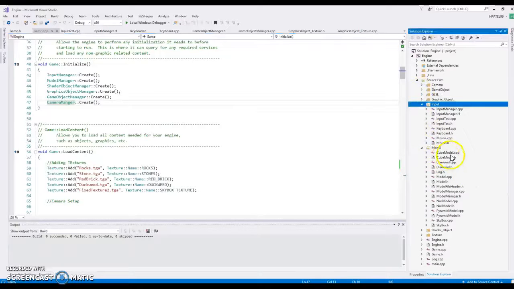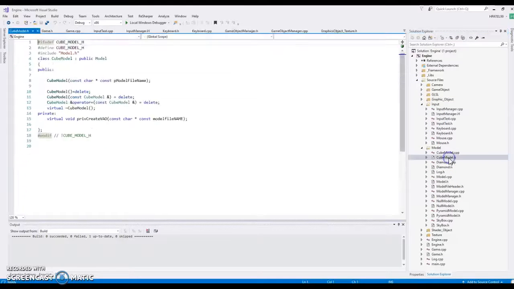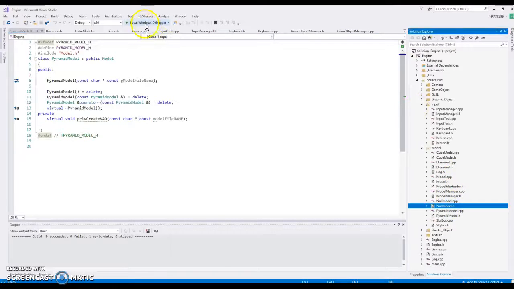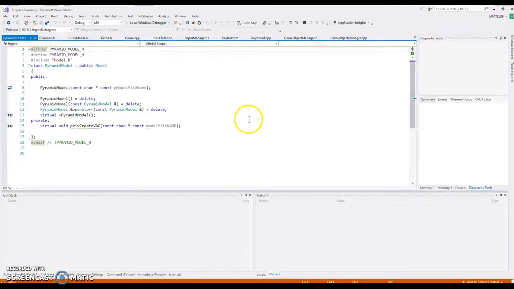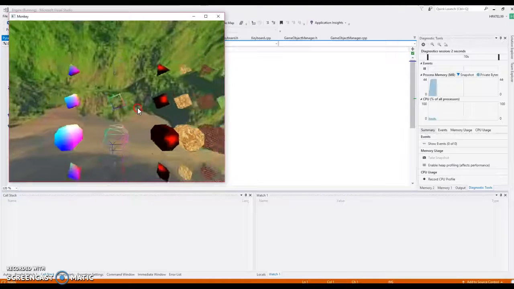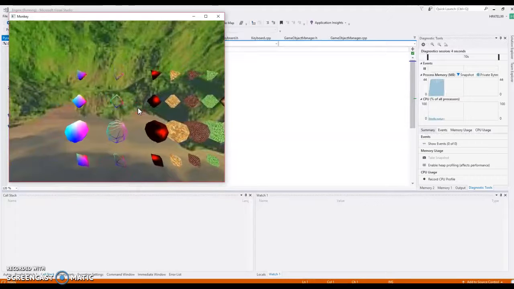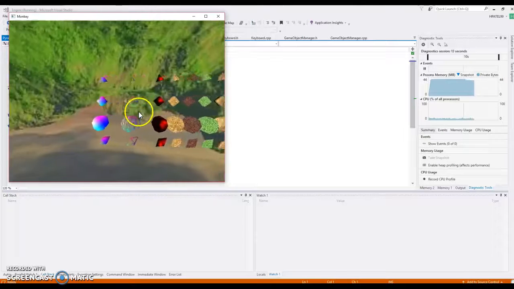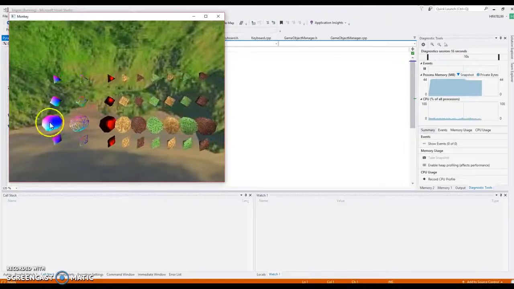I got four models. I got a cube as a model. I got a diamond shape as a model, that is like two pyramids on top of one another. I got a pyramid itself as a model. And so I'll play my game right now. You can use the left and right mouse buttons to zoom in and zoom out. So I got pyramids on the top and the cube is on the second, and this is a shape that I